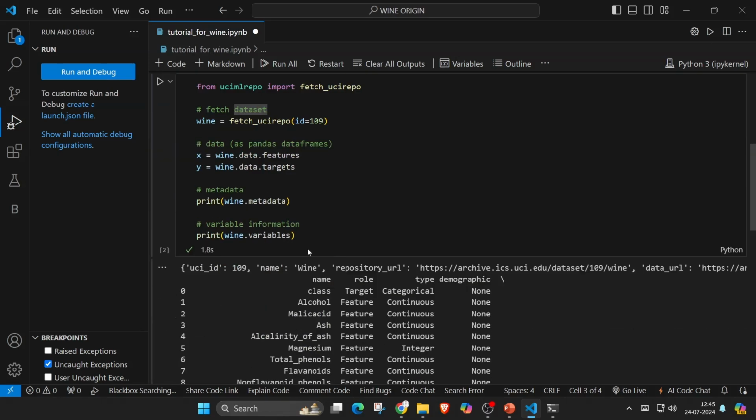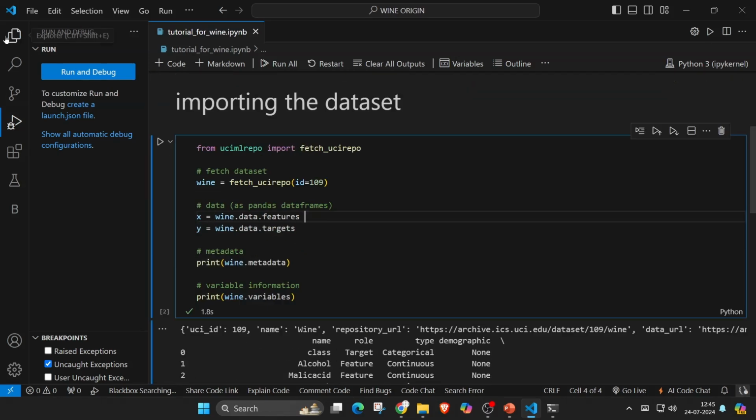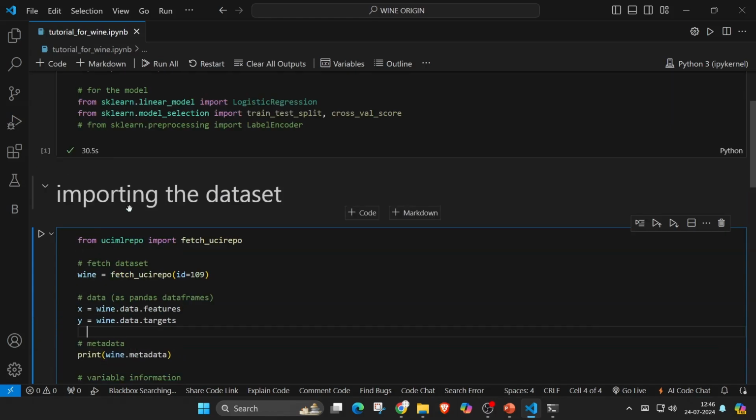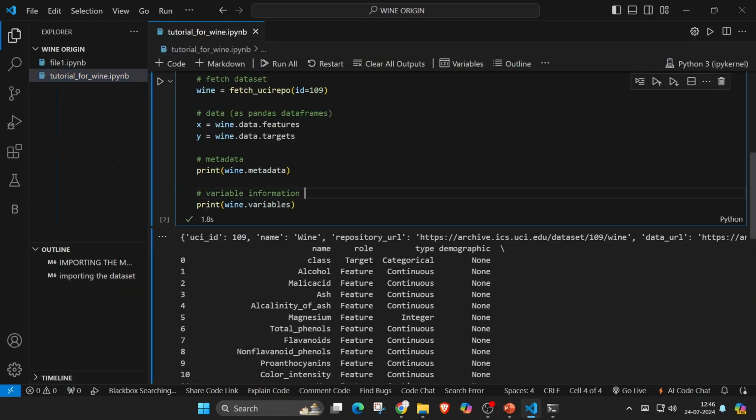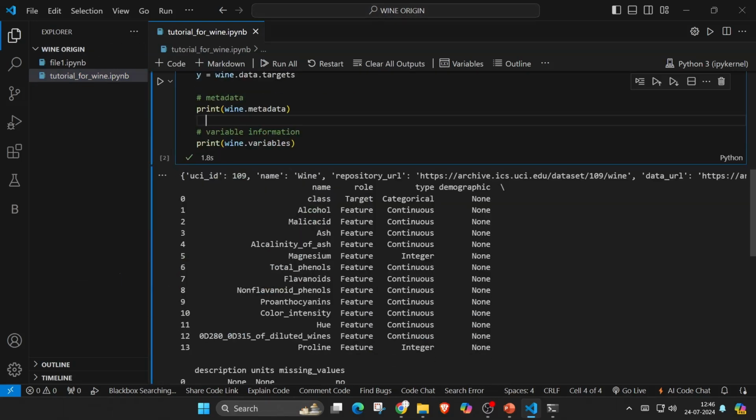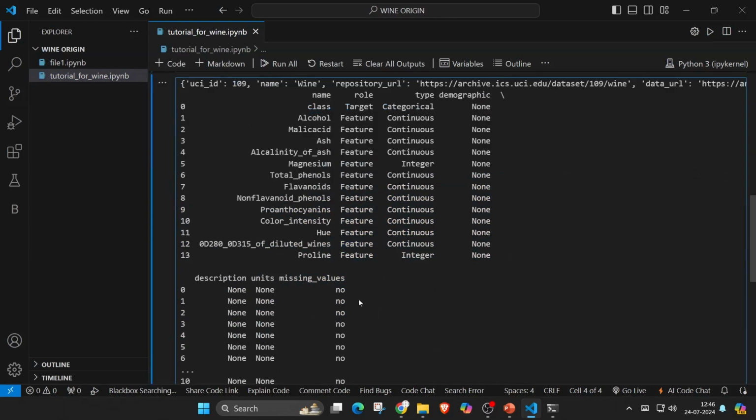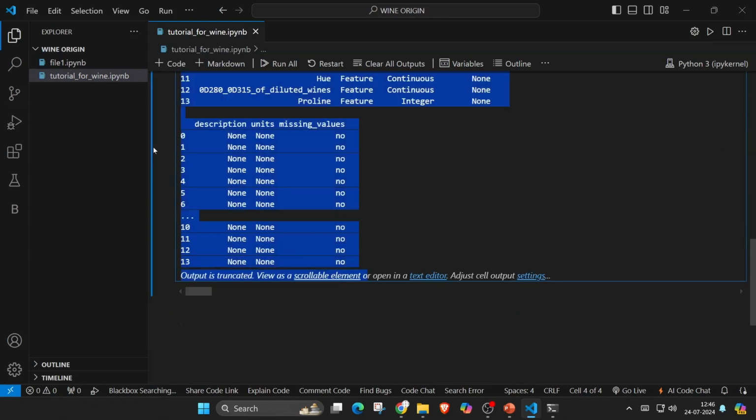Okay, run this and it will make a heading. Okay, so now the dataset has been imported. Let's keep this open so it becomes easier for me to see, or else it just moves too much to the left. Right. Okay. See over here, this dataset has been imported. All this is metadata, and these are all the variables that we are facing.